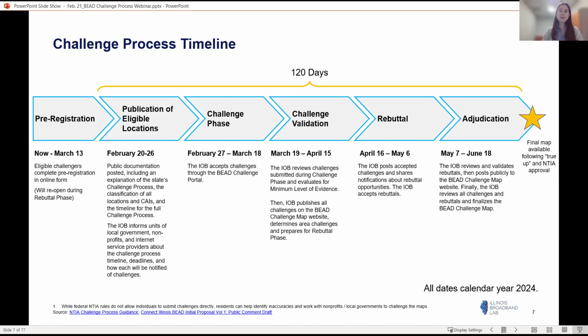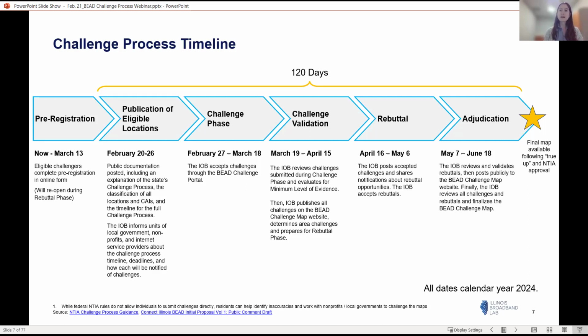So again, the big milestone that happened yesterday is called publication of eligible locations. This kicks off our 120-day process, and more specifically kicks off our 7-day countdown to the opening of the challenge portal.